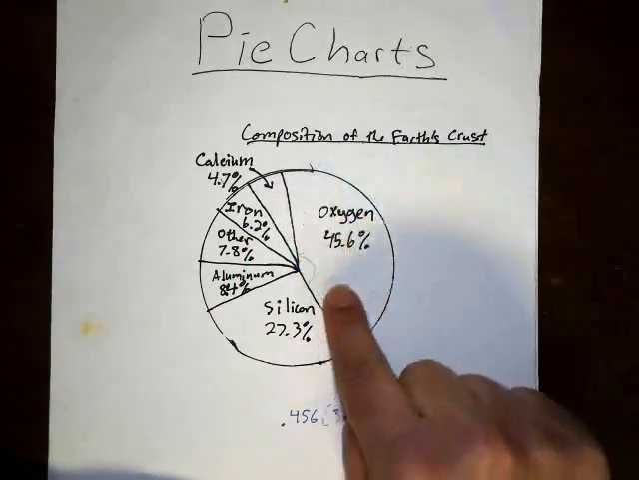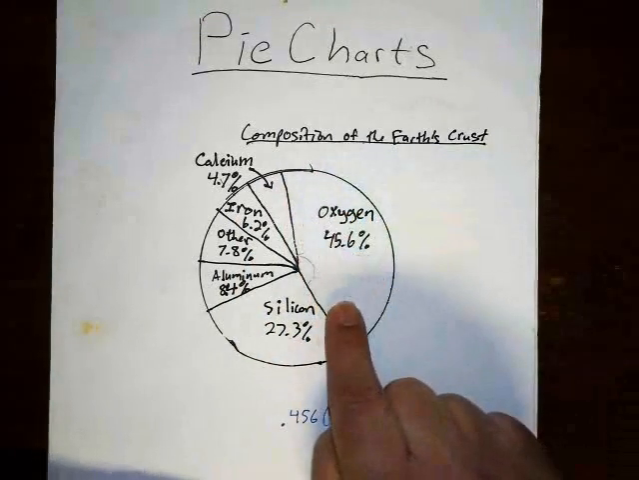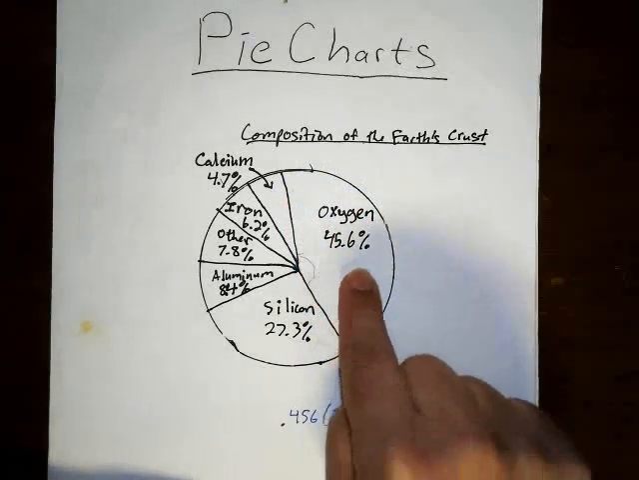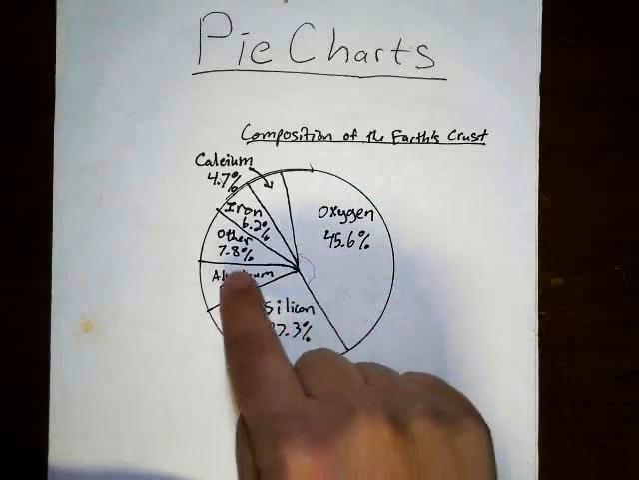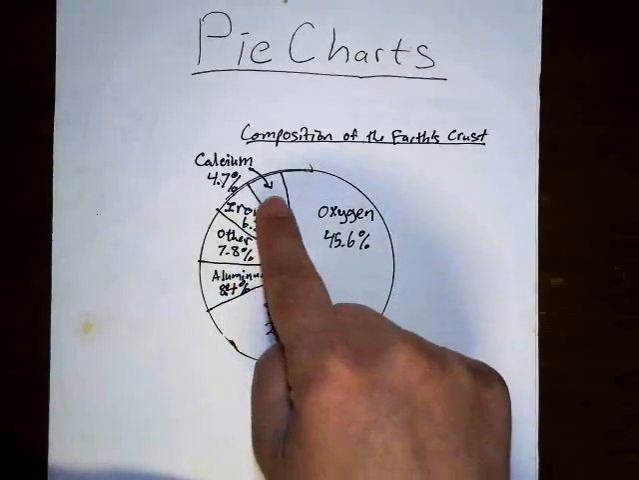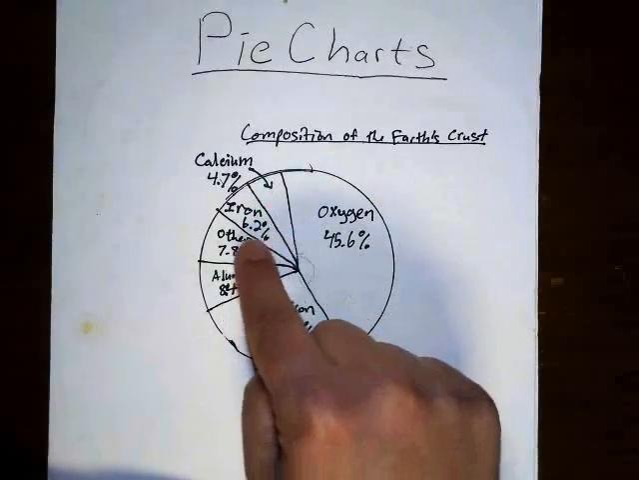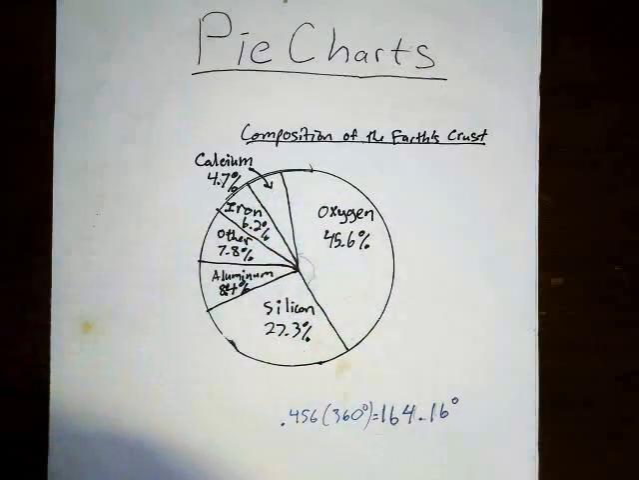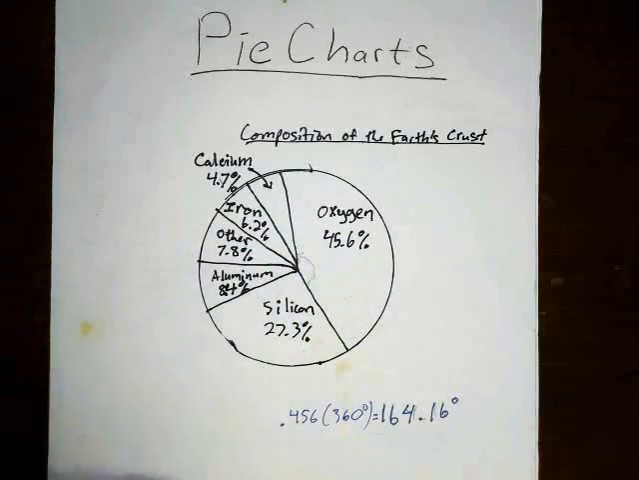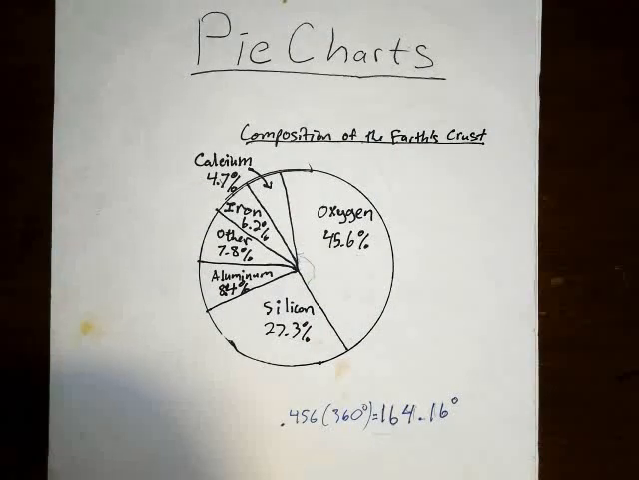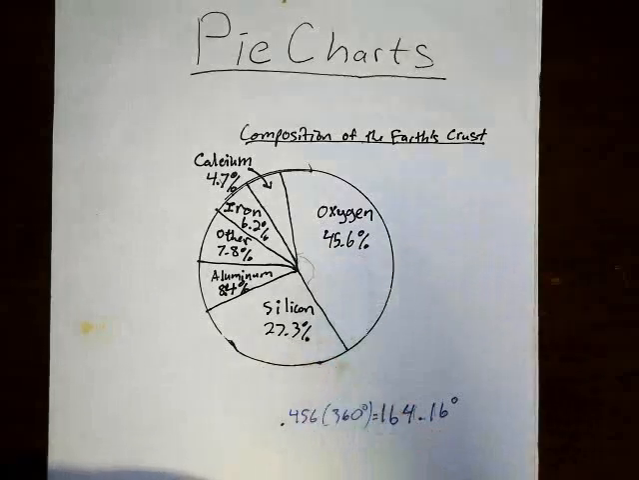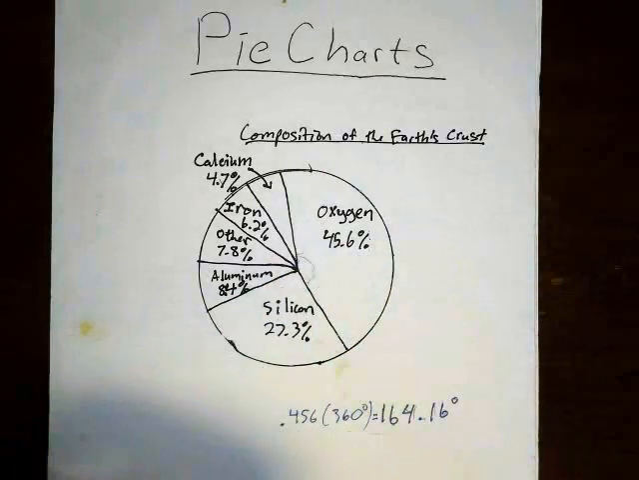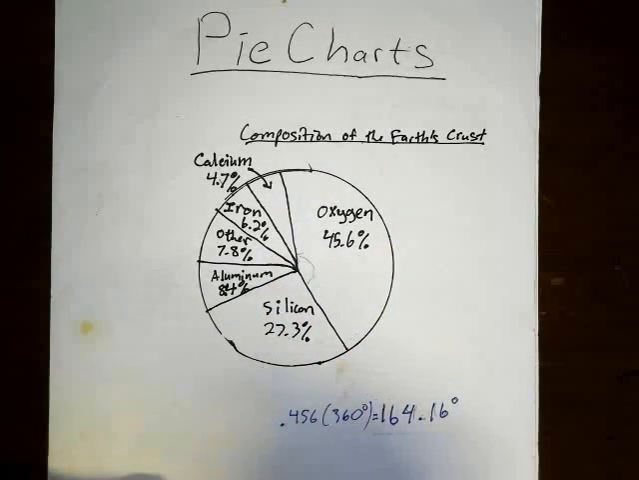So it's kind of interesting that oxygen is the biggest element at 45.6%, and then a lot of silicon, some aluminum, iron, calcium, and then this other category here is one of the smaller categories. And so you can compare how much of the pie goes to each category,